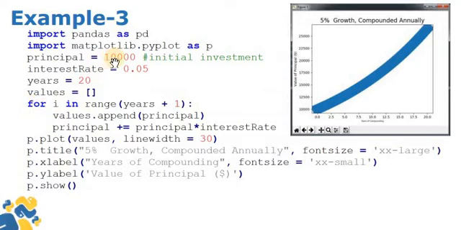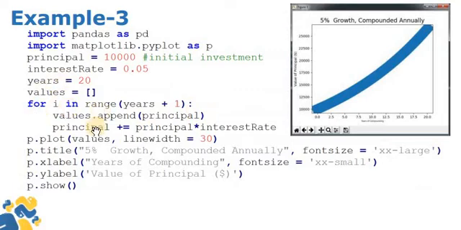Initially we are giving the values directly in the program. The value of principal is 10,000, the value of interest rate is 0.05, and the value of years is given here. Now for how many years do we want to count? For 20 years. So what do we have to do? We are starting from the first year. So these are the base values for the first year. Here I am using the for loop.